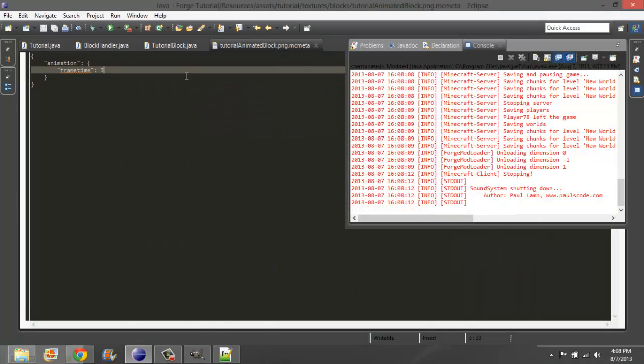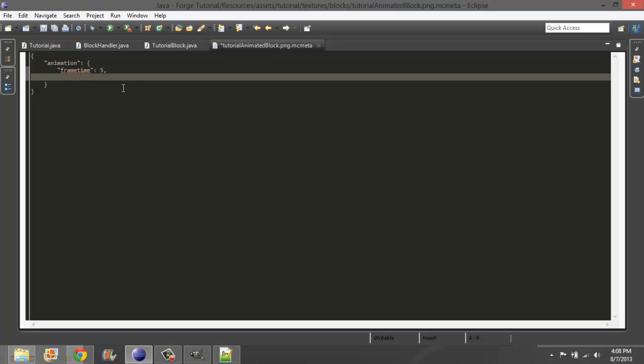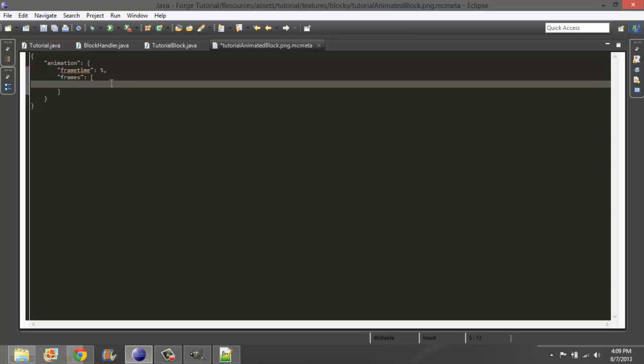Now, what if you want it to be... Actually, let's set this to like 5. But what if you wanted to play the frames in a specific order? Well, that's rather simple. What you would have to do is, after you put the comma, frames, then a colon, then a square bracket, another one, enter, like so, indent it if you so please,